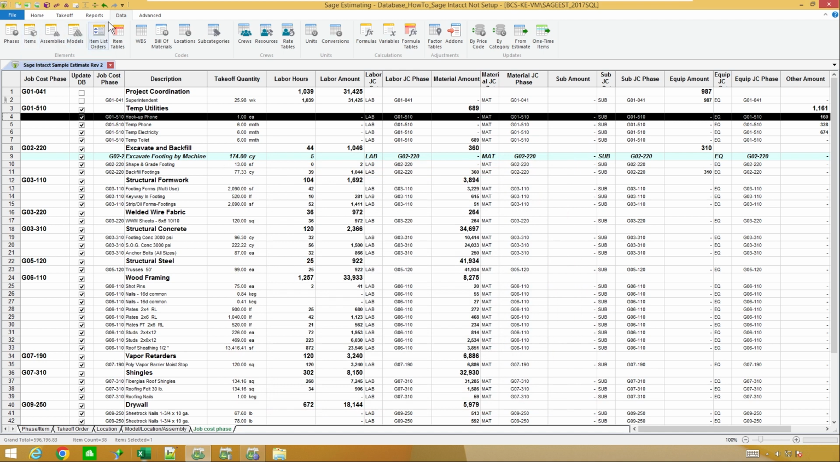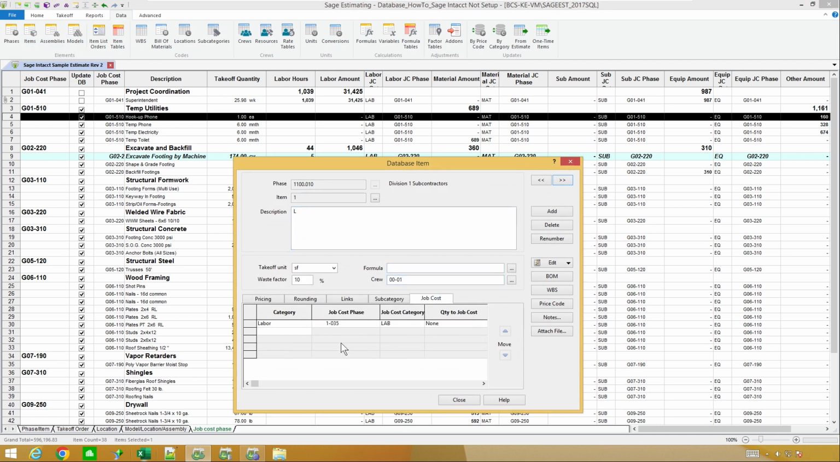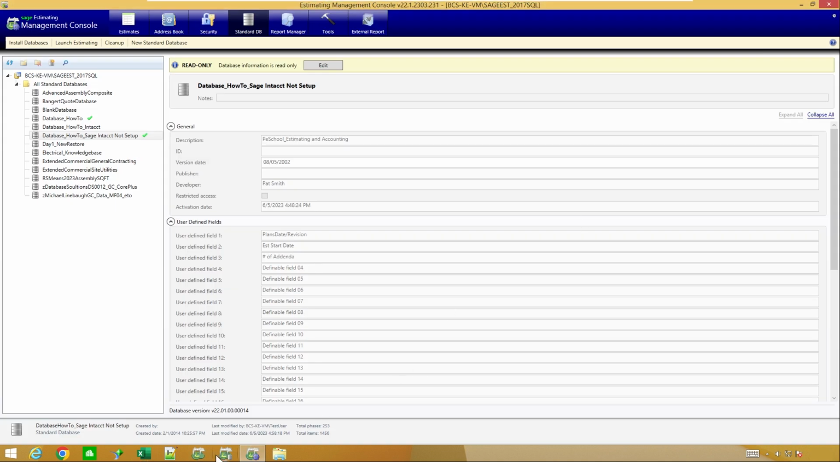You could also go up to data and items, and you've got that same job cost field in there. So that way you could go through each one of your different items and put those cost codes and so forth on there. So there's that superintendent one that I've already done. And then your other method to get those in there is with database editor. So if I close this down and I'm opening up my database editor here,